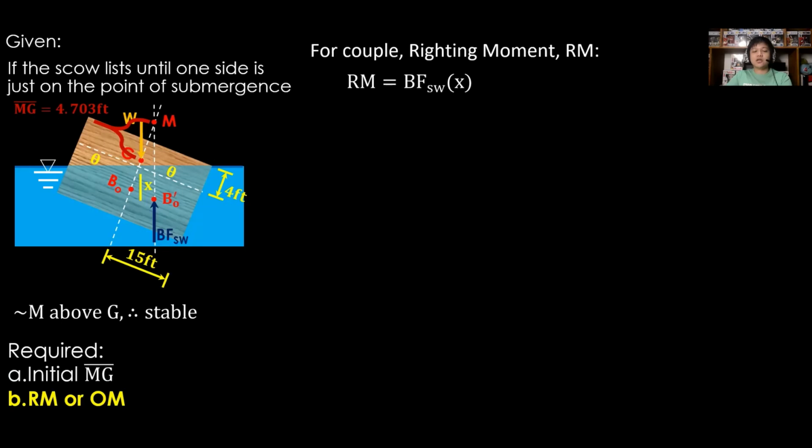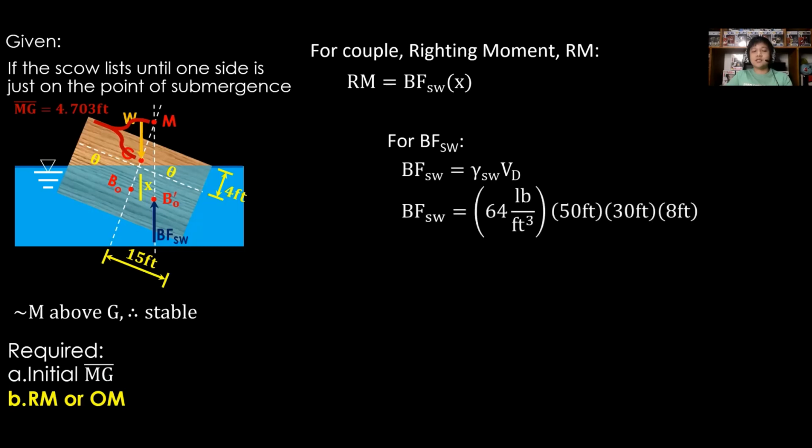Thus, we will use the equation RM is equal to BF of seawater times the moment arm X. For the buoyant force of the seawater, it is equal to the gamma of seawater times the submerged volume. Substitute gamma of seawater as 64 pounds per cubic foot, while for the volume submerged, same as the initial, that is the length 50 feet times the width 30 feet times the draft height 8 feet. Therefore, the buoyant force of the seawater is